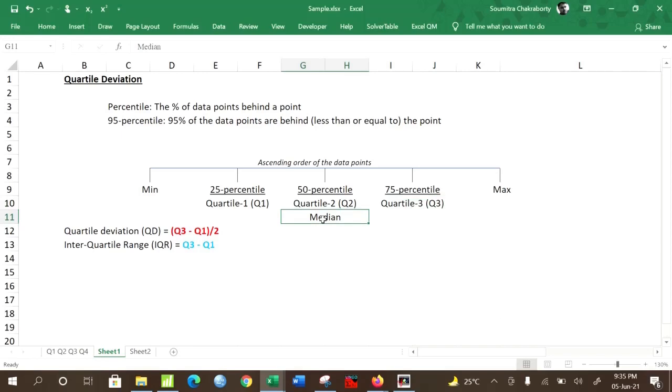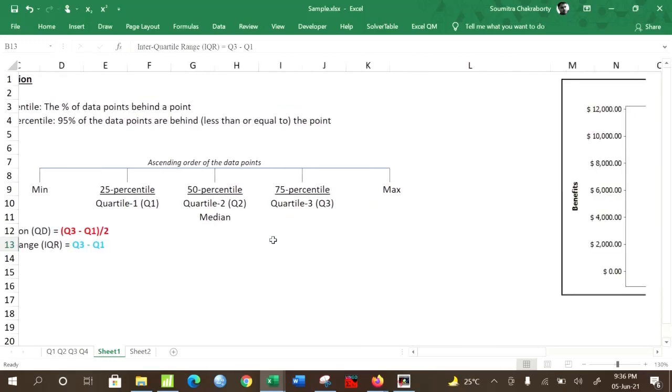As we have already discussed, this point is the median of the data, and therefore quartile 2 is also known as the median. Now the quartile deviation is defined as (Q3 minus Q1) divided by 2. And there is another measure called interquartile range, which is Q3 minus Q1. Basically it is 2 times the quartile deviation.